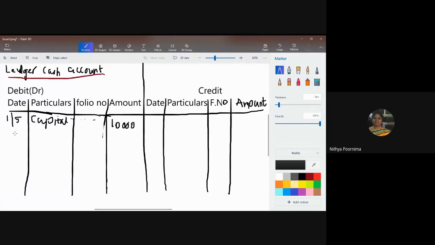Then, which is the other transaction? From cash account again, which is the next transaction that has been made? Please look wherever we have written cash account on the debit side, look there. On May 5th, cash to goods account, there has been some transaction made. Right? Are you getting it? Boys, are you getting it? I want an answer.